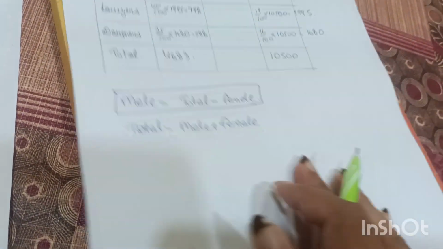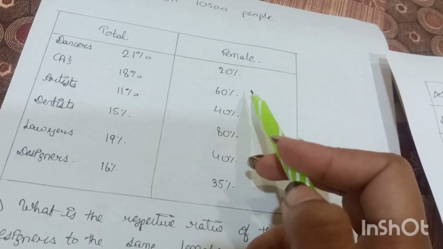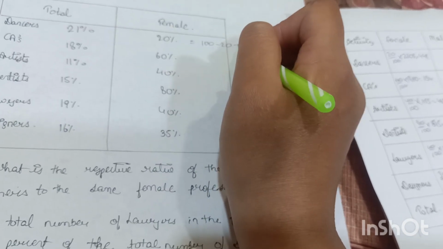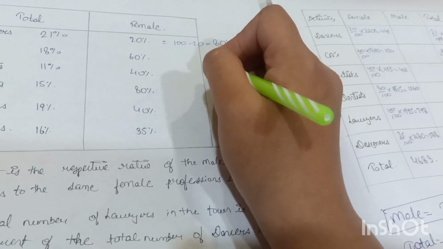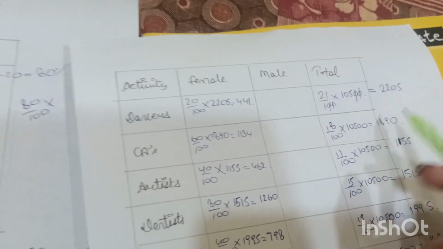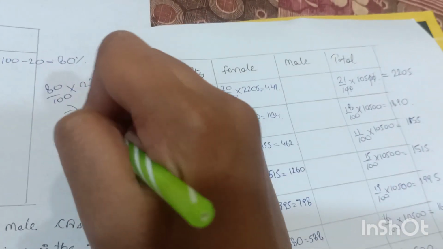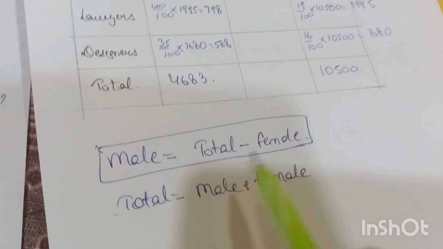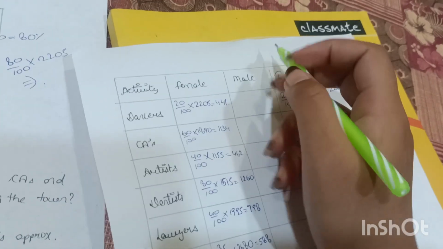And another method you can do, as you have been given the value 20%, 60%. So you can subtract like this: 100 minus 20%, you'll get 80%. Then you can solve like this: 80% into what is the total percent total, this. So you can solve like this. You can solve it by both the methods, but I will be solving by this method, so I will be telling the answers directly. So